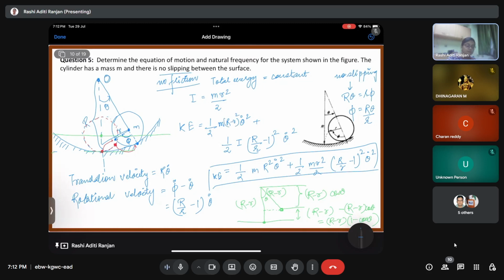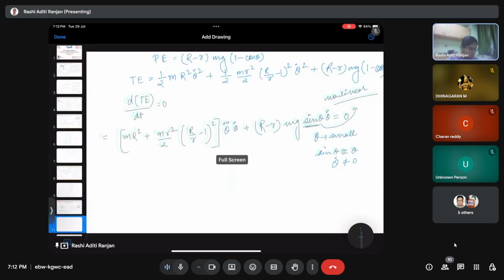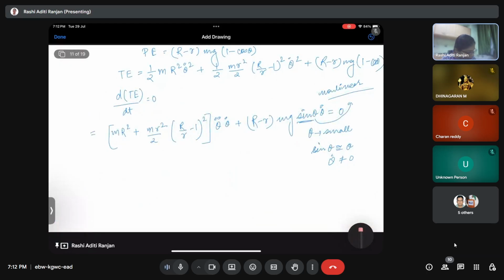Yeah, because the center of gravity is actually at a distance of capital R minus small r from the point O. So we should consider that as well. Yeah, now it's fine. Okay, so if we consider that, then in that case, we'll have